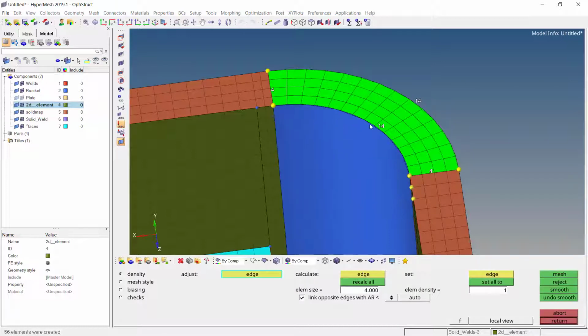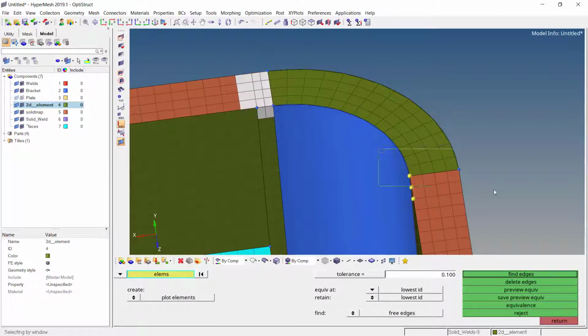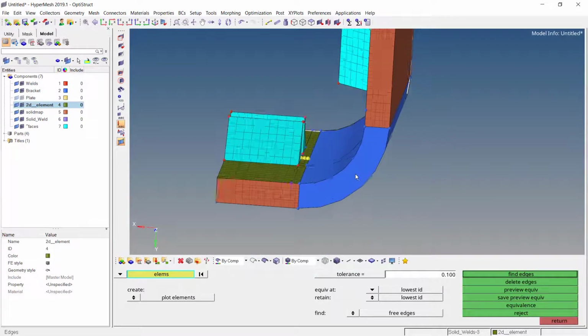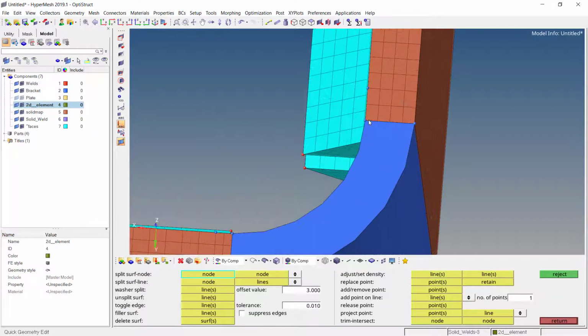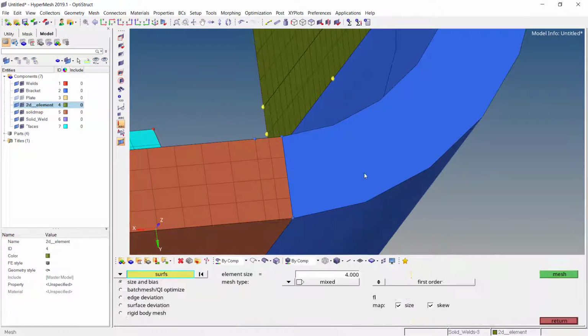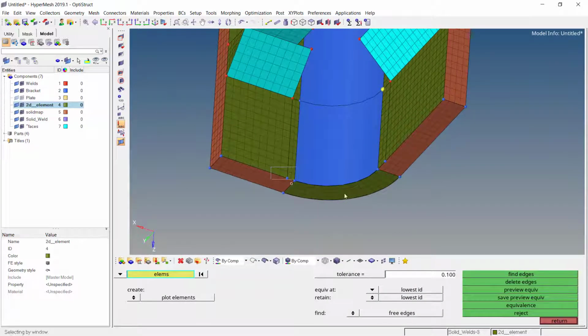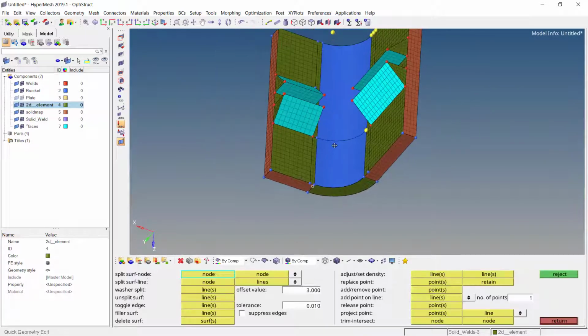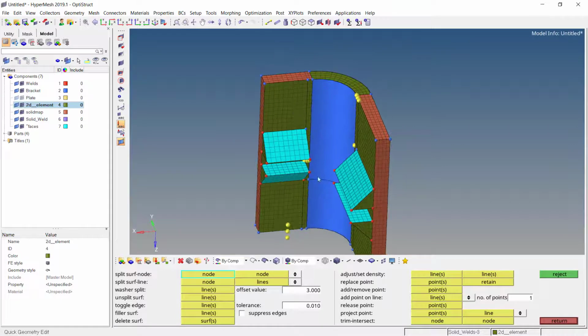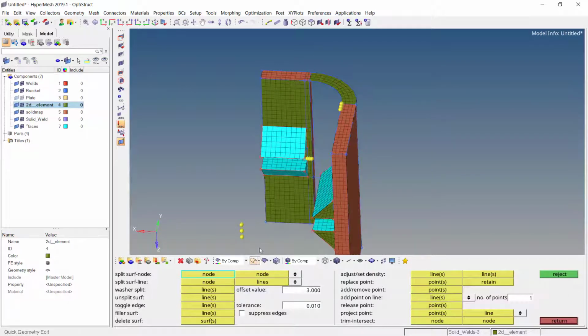Make sure we have 4 layers of elements and here make sure we have proper capturing of the geometry. Go for F3, select this one and this one. Click on preview equivalence and set it to equivalence. Let us try to have the same mesh at the bottom as well. Now here you can observe at the top I have the mesh, at the bottom I have the mesh, and the portion through which it has to be connected, that portion also I have.